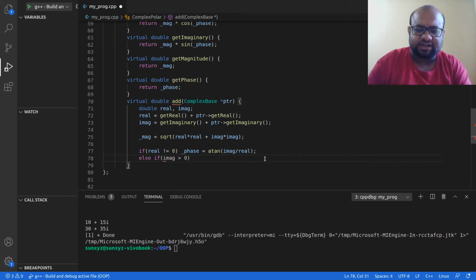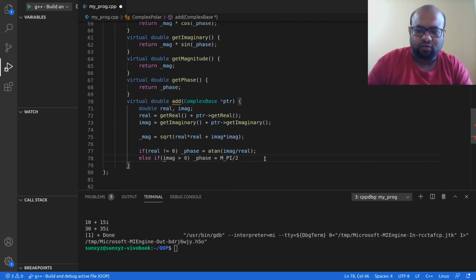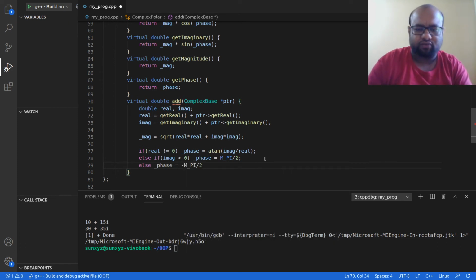If imaginary is greater than 0, then phase is equal to pi by 2, and if imaginary is less than or equal to 0, then phase is equal to minus pi by 2. So this is how I get the angle.